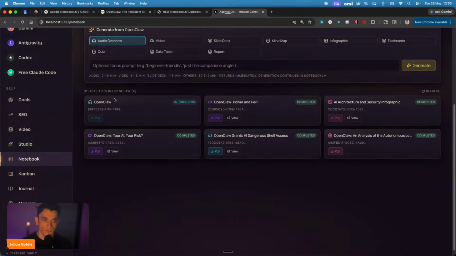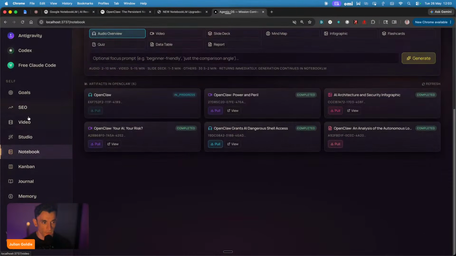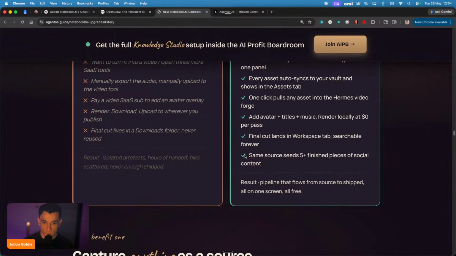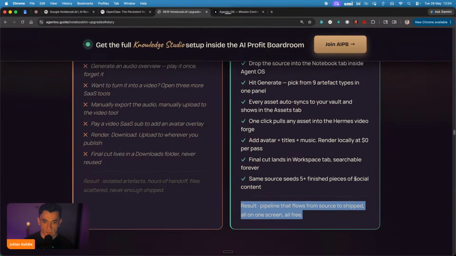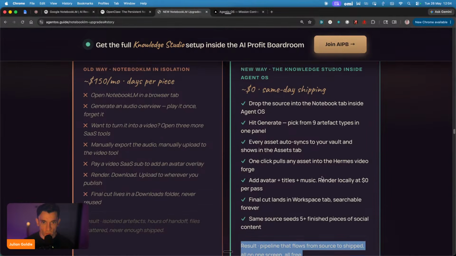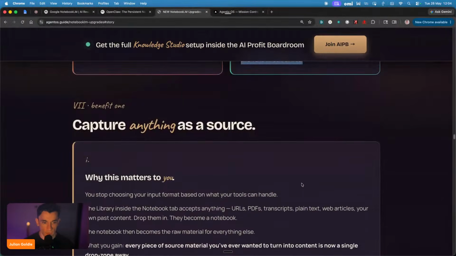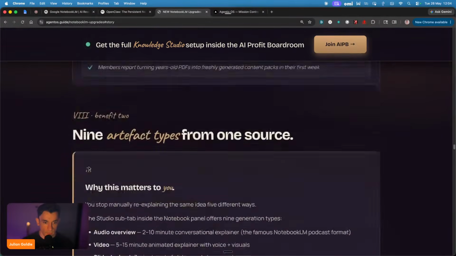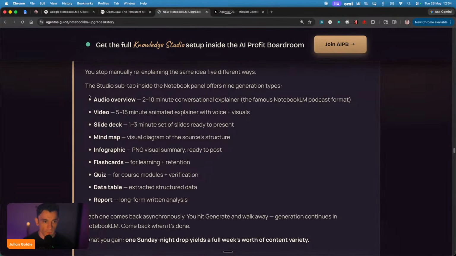And also what we've set up here with the video agent is we actually have an AI avatar section here. All right, so we can create even more useful stuff by implementing my brand inside this as well. And the result is a pipeline that flows into one place where you've got everything in one screen, all organized for free, and it's just way more powerful and useful. So you could use this for audio overviews, for videos, for slide decks, mind maps, infographics, flashcards, quizzes, data tables,